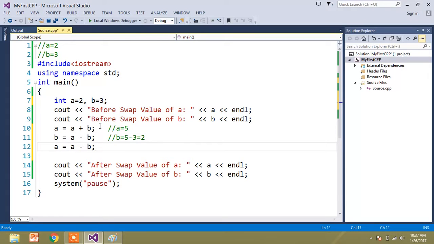Now B is holding the value 2. In the next statement, A equal to 5 minus 2, because B is holding 2, so I subtract B, that's minus 2, and I get 3. Now you can see the values are swapped. Before, A was 2 and B was 3, and now A is 3 and B is 2.